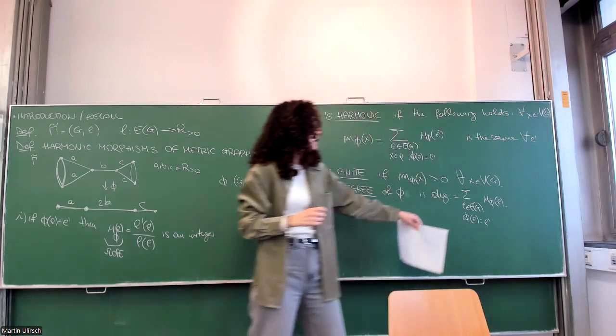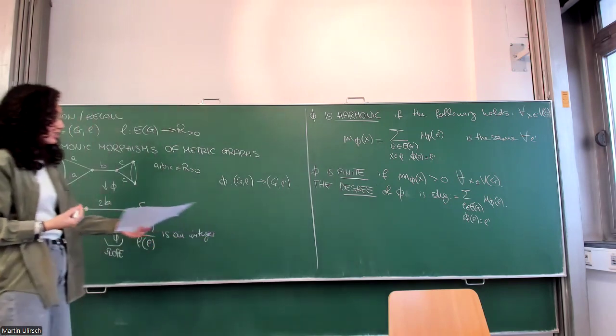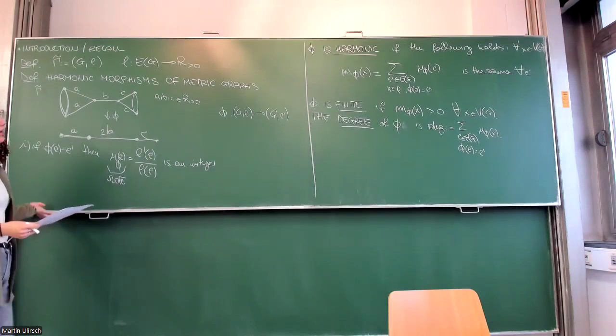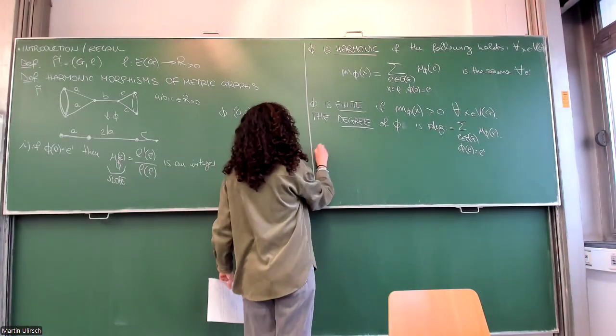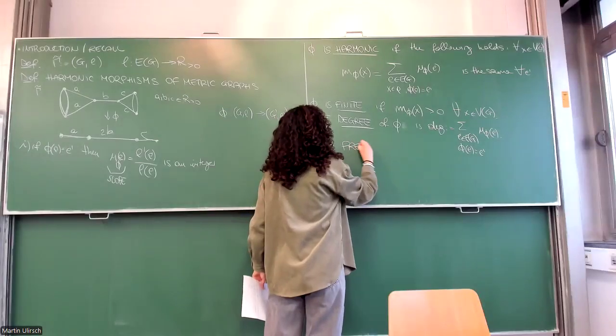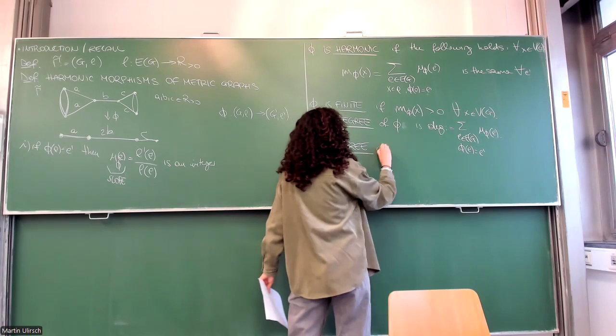So the degree is well defined. It doesn't depend on the choice of the edges. And a harmonic morphism is free, and we will use it later, of degree 2